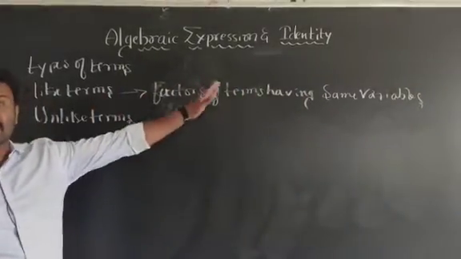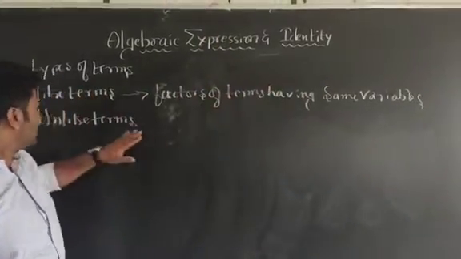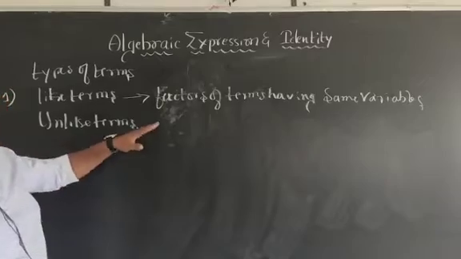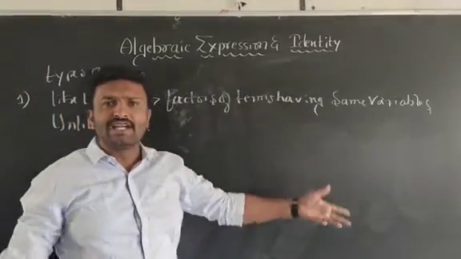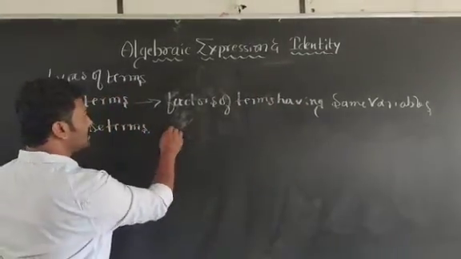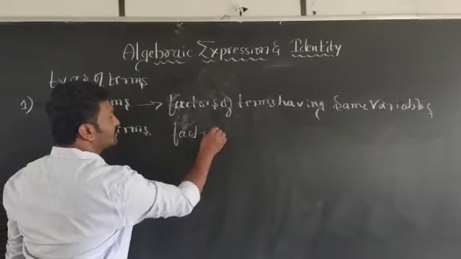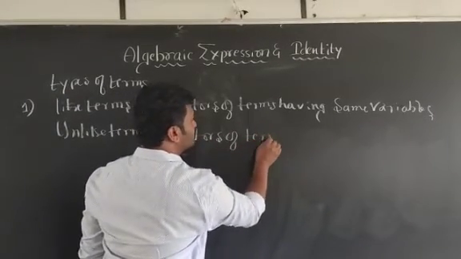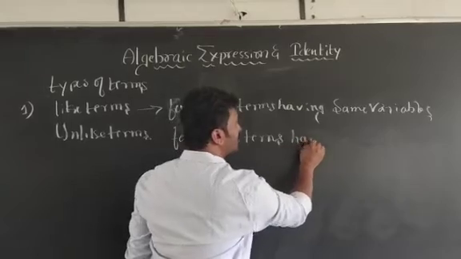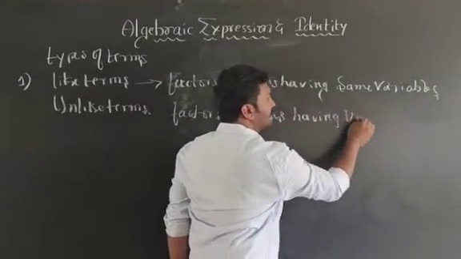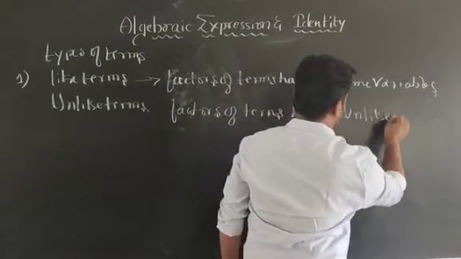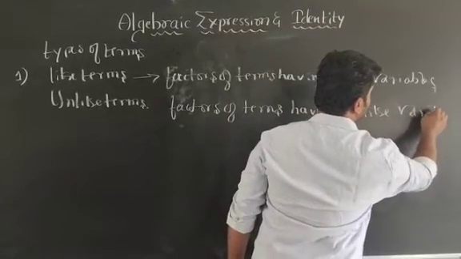Factors of the terms having same variables. And unlike terms means factors of the terms having different variables. Factors of the terms having unlike variables